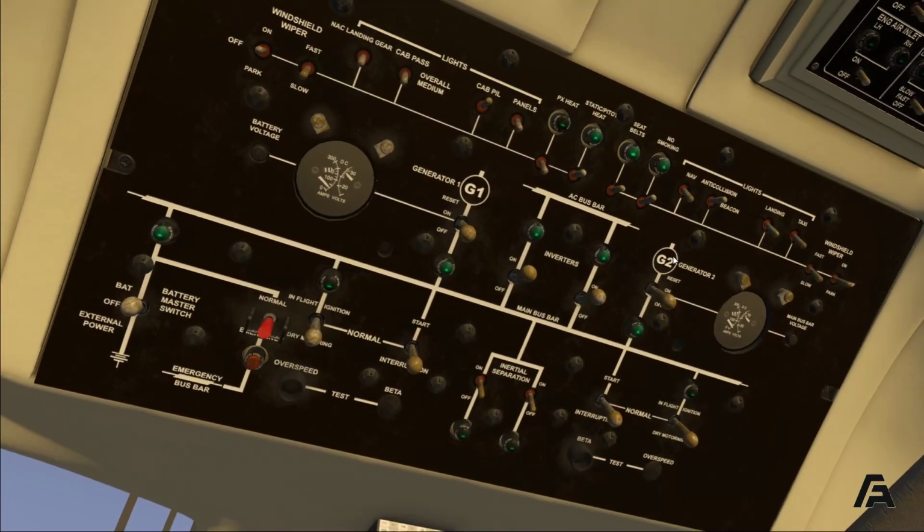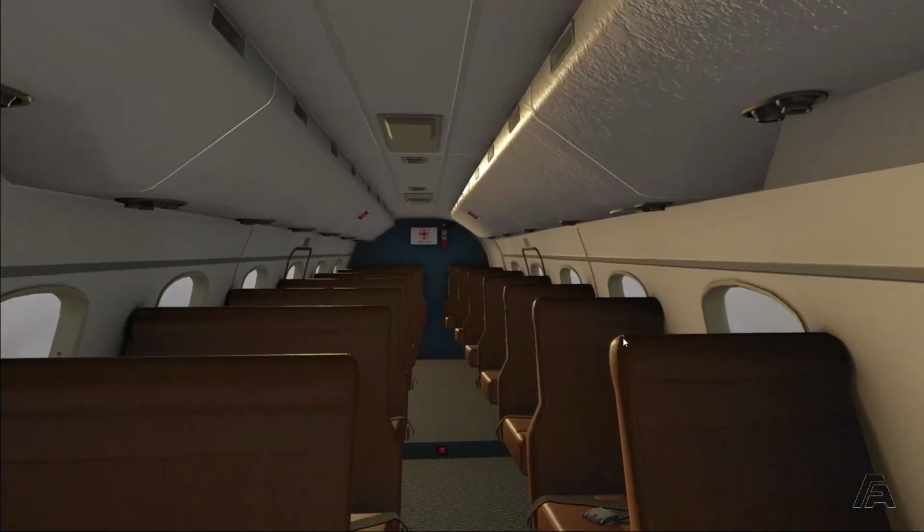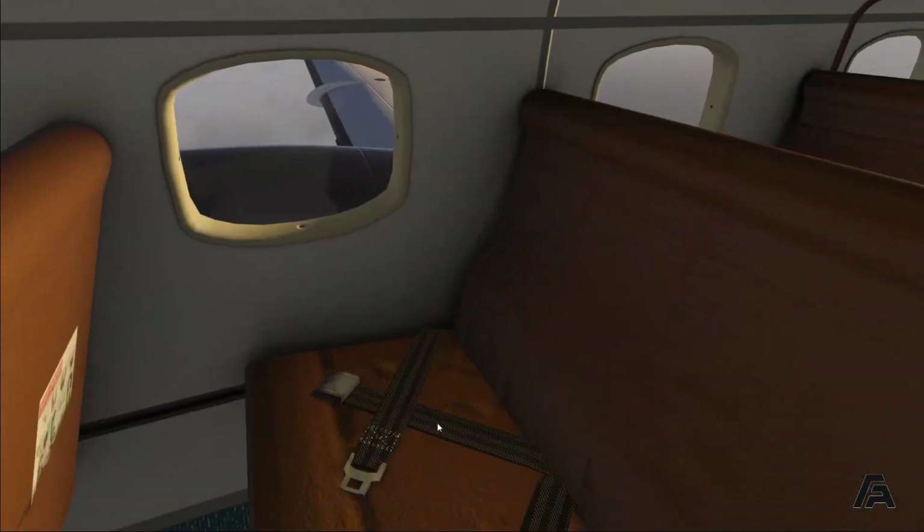We can turn off the seatbelt sign back there. This feels like a bus, like a school bus back here. The seats remind me of